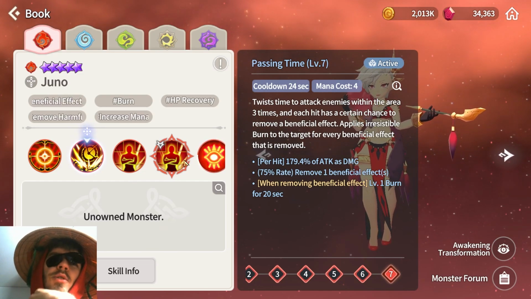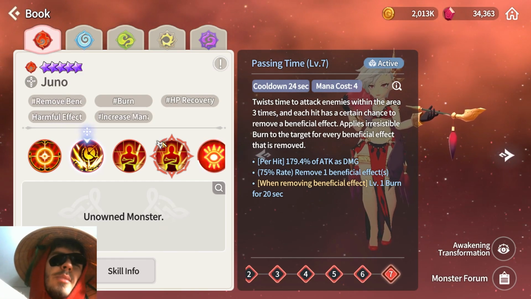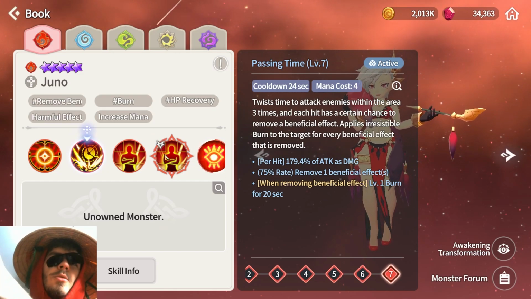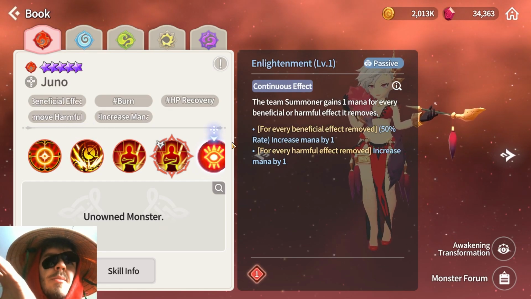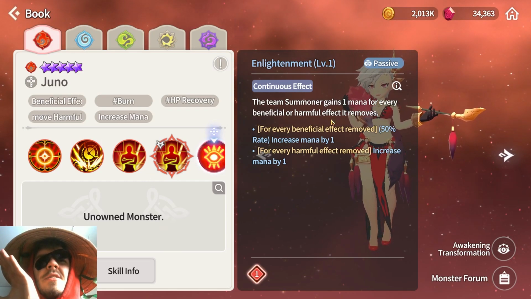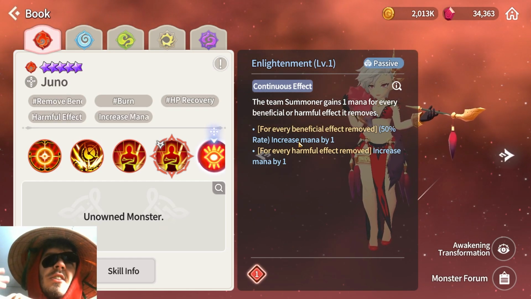Another problem with Juno is that she must be a soul-linked monster, so if you do have any other better soul-linked monsters that you use, unfortunately you will not be able to use them. She must be soul-linked to abuse that mana ability, or rather that passive where you gain mana. You will need to have her in a soul-linked slot to time those heals and